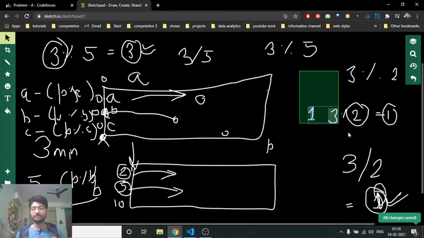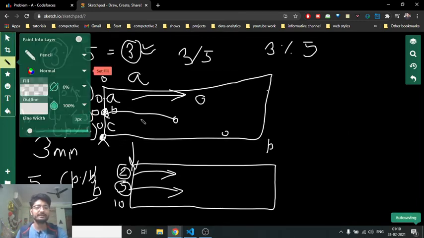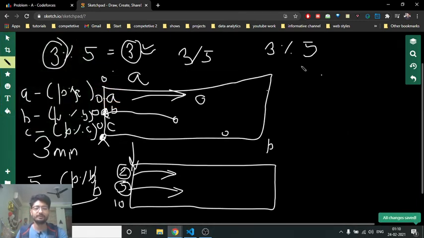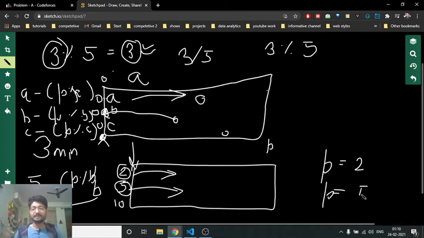But there is one thing you also have to see, that if P is a multiple of A. What I mean by this is, if I come at P equal to 5 seconds, which means that I come to the left part after 5 minutes, this person will complete his round at this point, and this person will come to this point after this point. So this person is also coming to the left point, and I also come to the first point. So the answer is 0, because at the same time I reach the leftmost part, this swimmer is coming to me. So the answer is 0.